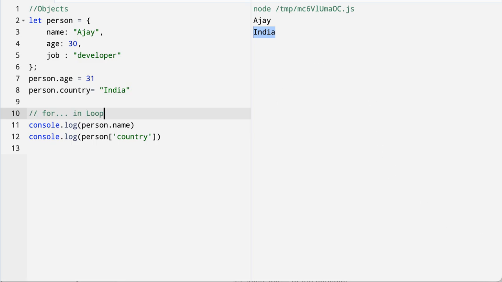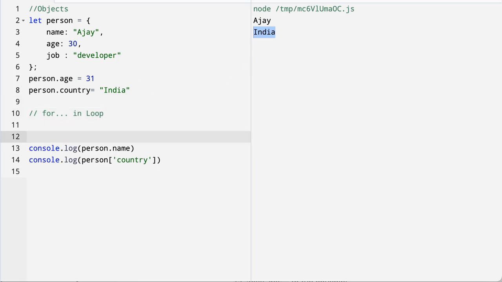Okay, here is an example. We take a for let key in person,